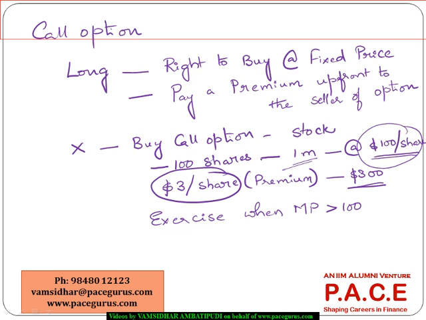Here the $100 is what we call the strike price or the exercise price. So only when the market price is greater than the strike price will he exercise it. If the market price goes to 105 after 1 month, he has the option to buy it at 100. So he is going to buy it at 100, make a profit